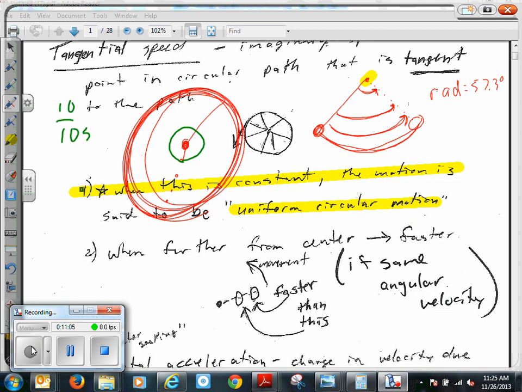You agree? But if we go out a little bit further, maybe that's 20 meters, right? But you still do that in the same amount of seconds because this is all connected and there's no way to have a different swept out angle measurement. And then here, you might be at 30 and then 40 and so forth. So that's what happens with circular motion and how far away you get.